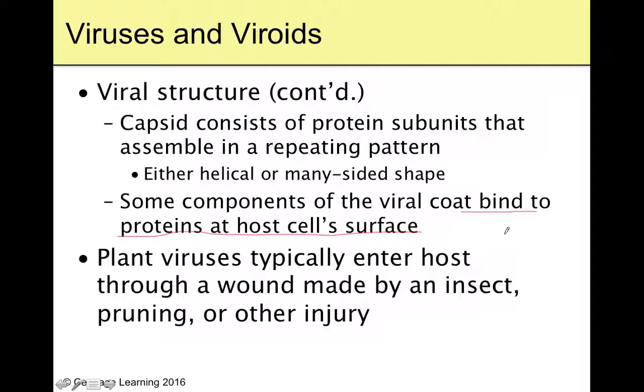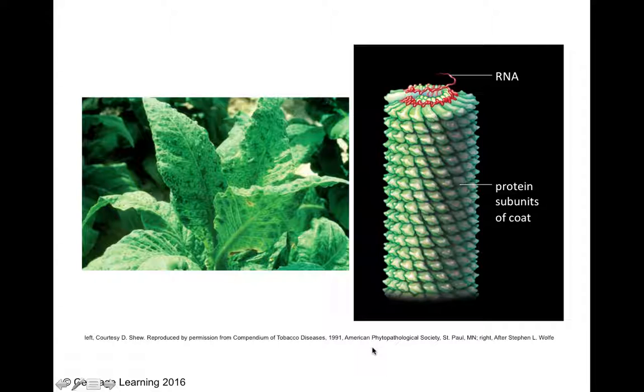And so plant viruses, a lot of times, the top of a leaf is protected by a waxy cuticle, and so they need something like a wound maybe in that leaf by an insect that chews on the leaf, or maybe you're out trimming a tree or pruning a tree, some other injury where that virus can get into the plant. And so that's what plant viruses need. And of course, for humans, we just inhale our viruses right from the air, or they are sneezed onto us from our neighbor.